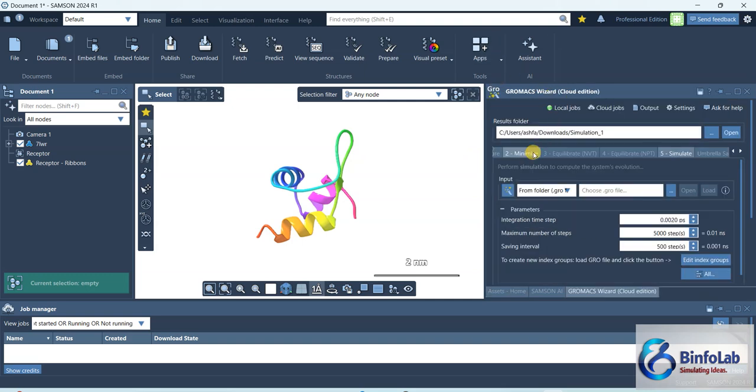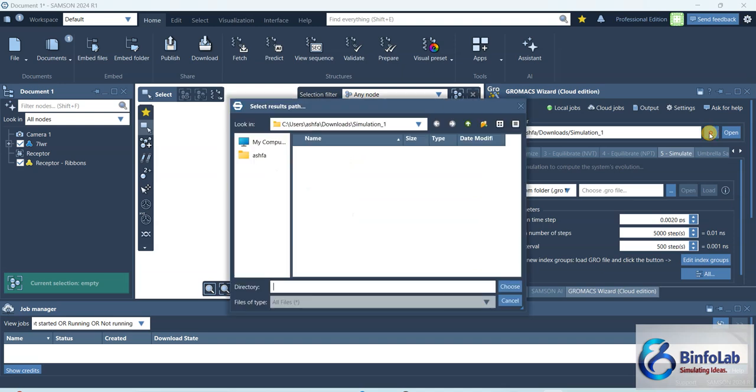Once you click here, you will see this kind of window. Now you will see things like local jobs, cloud, output, and so on. Ignore it right now. Here we will need to set the path of the program. For that, click here, and choose the directory you created at the start, like for me it was